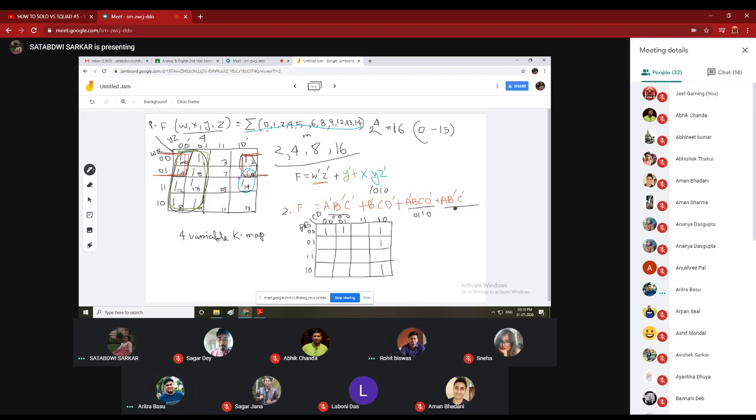And here D is not present, so we can have either. First we write the values 1, 0, 0, and in this position we may have either 0 or 1. So 1, 0, 0, 0: last row, first column. And 1, 0, 0, 1: second column.